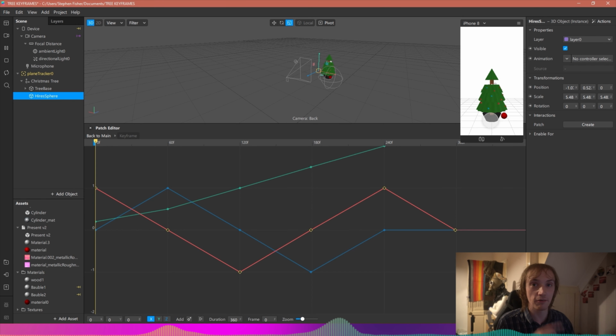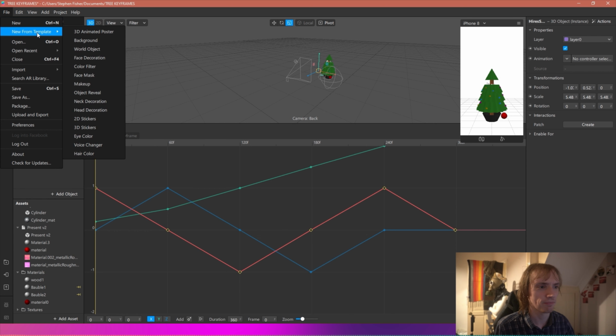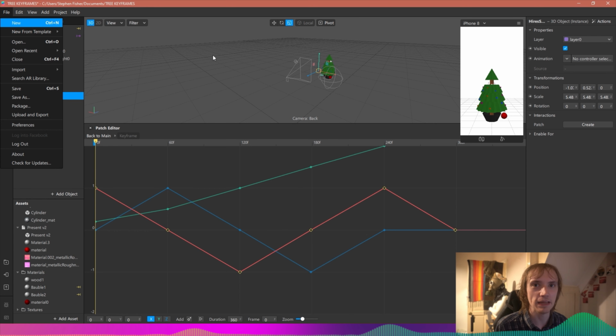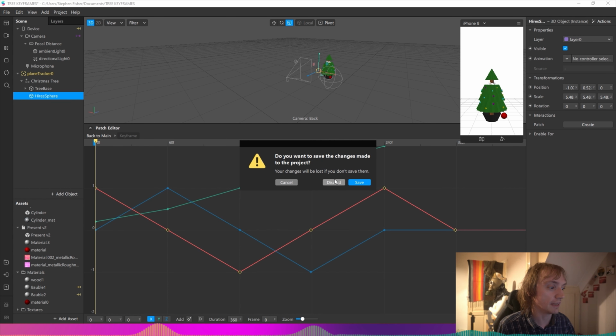So that bauble going around the tree, orbiting it, is being controlled by these three values here. So I'm just going to start off by creating a new project, and this will be very rudimentary. We won't be going into anything really advanced with this,